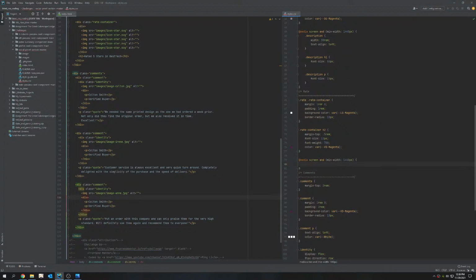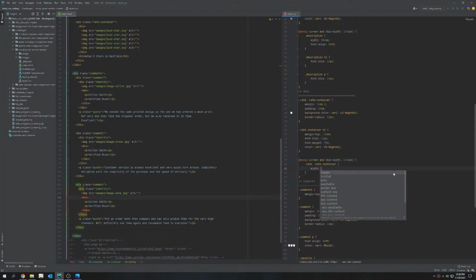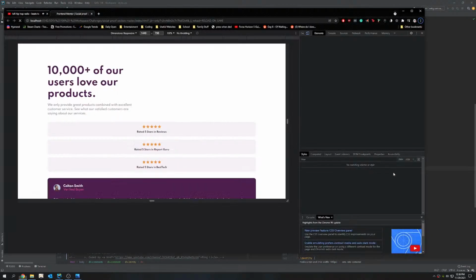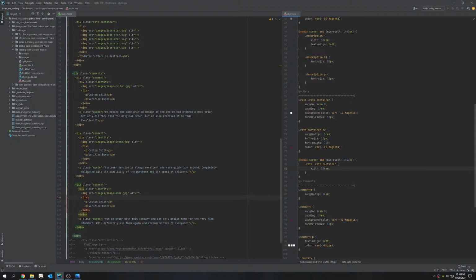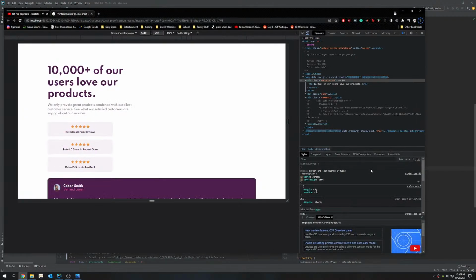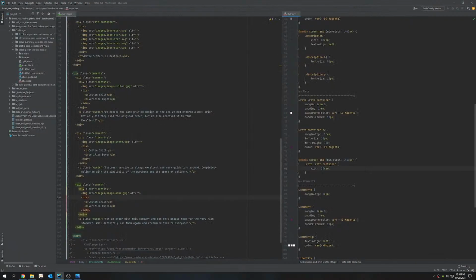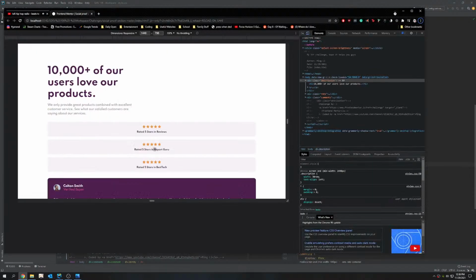What we're going to do here is change the rate container. That's right. We are going to change the rate container, and we are going to change the width of them as well. Maybe like 10 rem or something like that. Oh, there. 20? Oh, actually no. Let's not change the width. Let's force it to change to